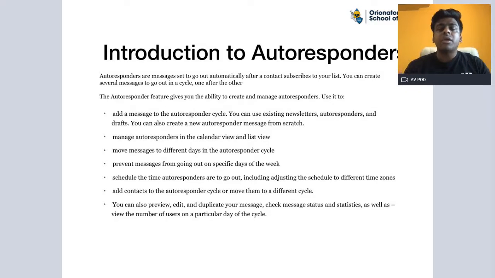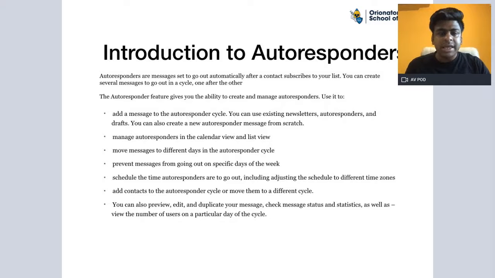And whenever someone fills that form, that sequence will initiate. So no matter how many people fill that form, on which day, at which time, that 30-day sequence will be automatically initiated when someone does the action, right? This 30-day sequence creation process is known as autoresponders. So you don't have to send manual mails, you just have to create an autoresponder and then initiate it on that particular list, and it will be done automatically, right? I think this example will give you a little introduction about autoresponders, although I have mentioned some points in the PPT, which I'm going to tell you one by one.